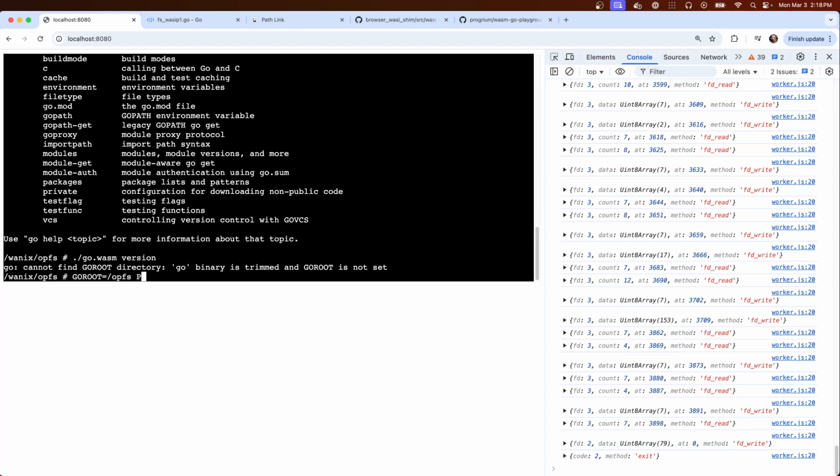Go WASI programs look at the name of the first pre-open file descriptor to get the current directory, which is interesting. And I use the first pre-open file descriptor for the root directory, but it doesn't like the fact that it's named dot. But it turns out you can also just set pwd, and that'll set the working directory for WASI. Otherwise, it will be confused.